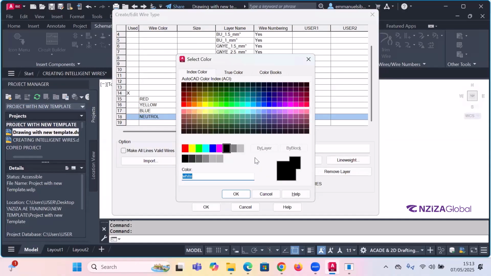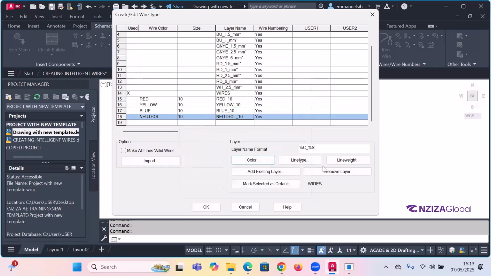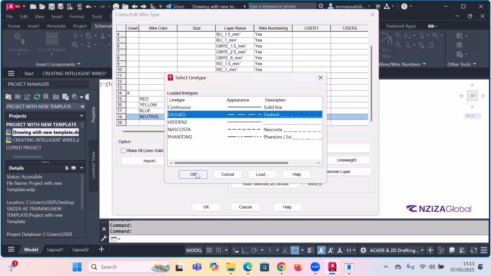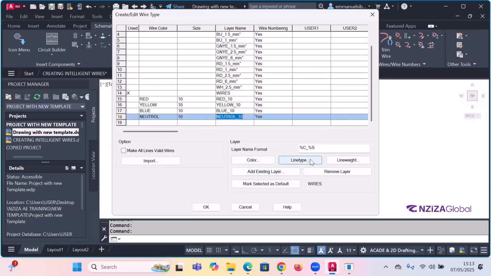Okay, black color. Then line type, let me give it dashed like this. And line weight,